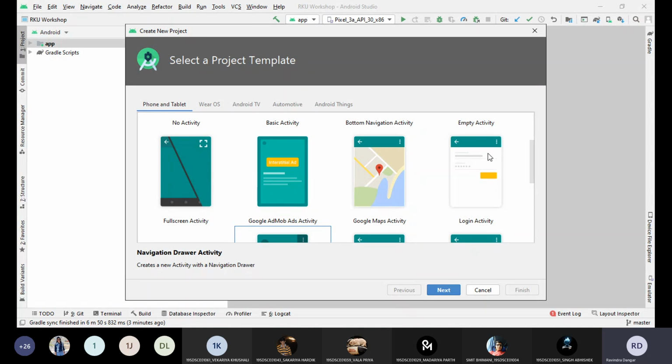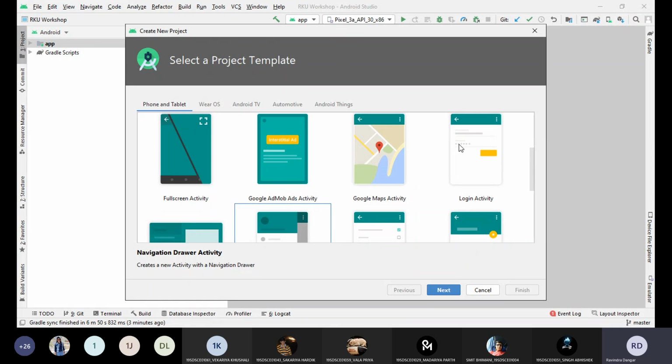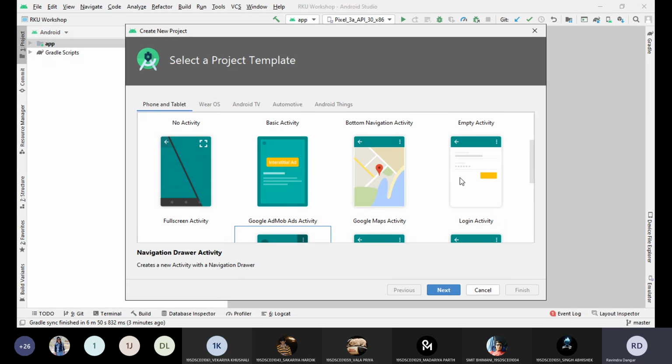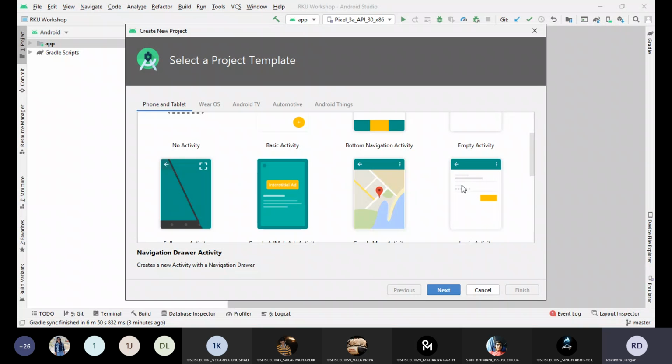Predefined activities are there. If you want to go with the login page, or the login activity, it is also there. If you select this, you don't need to write the code for anything. If it is a basic or empty activity, then you need to place two text views and two edit texts, and to make the password invisible, you need to set certain properties.